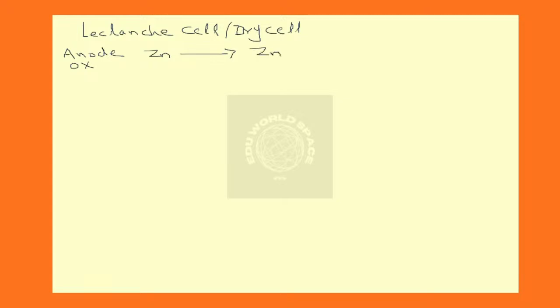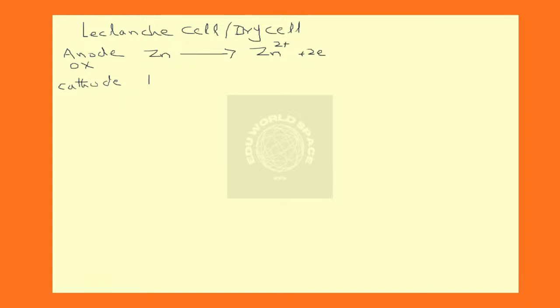In the Leclanche cell, which is also called the dry cell, the following reactions occur at the electrodes. At the anode, as we know, oxidation always takes place, so zinc metal is oxidized into Zn2+ ion and releases 2 electrons. On the other hand, at the cathode,